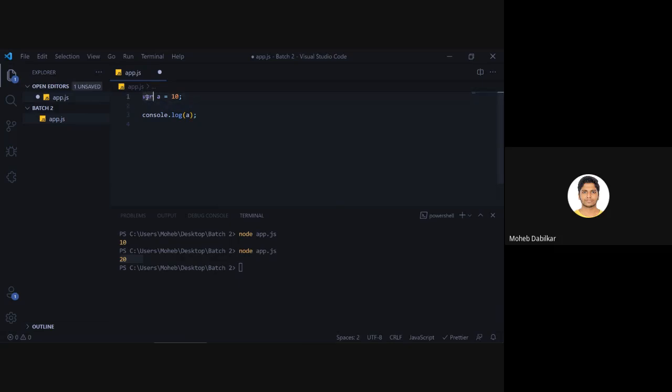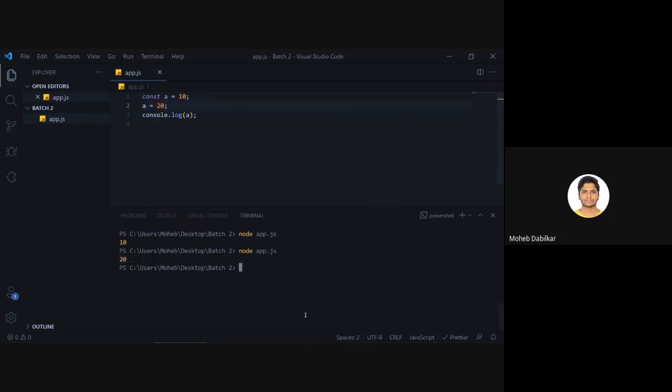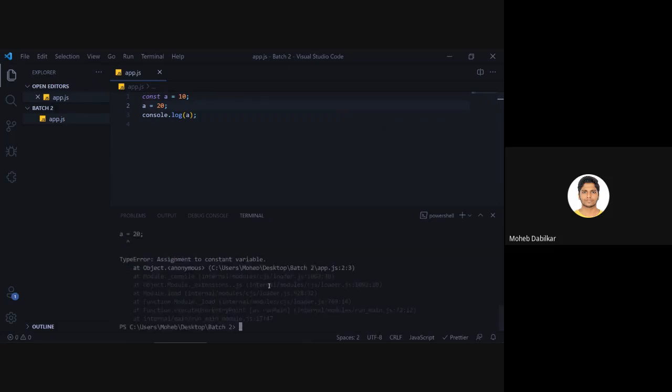So we had the introduction of let and const. Now if I say const a equals 10 and then I say a equals 20 and then I console log a, let's just hope that it does not work. Yeah, it doesn't work. It shows an error that says assignment to constant variable. That is a feature, not a problem. The problem would be when you don't want to convert your a to 20.